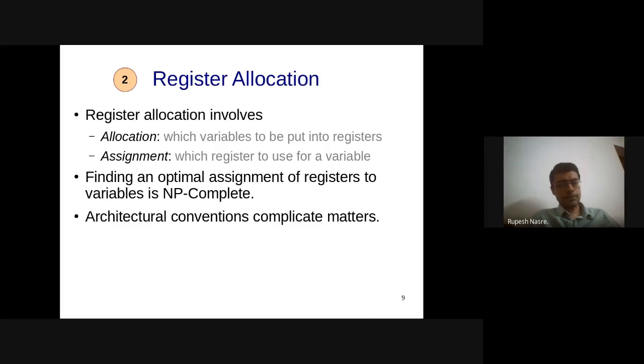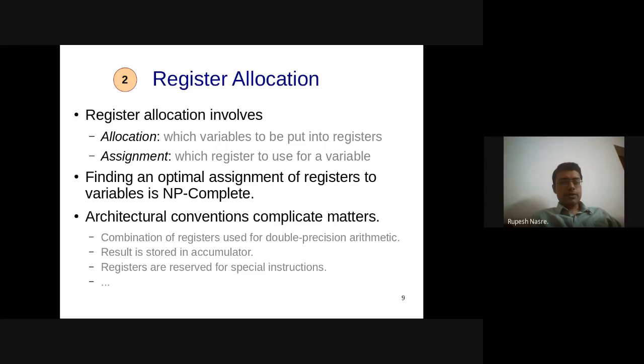The higher 8 bits of AX, you can refer to directly as AH, and the lower as AL. Now this is really complicated, because if I have pushed something in AL, I cannot push something in AX, because I can use AX and AL both together, the 16-bit as well as the 8-bit. That really complicates matters, and CISC typically has this issue of complicating both the ISA as well as the code generation aspect.